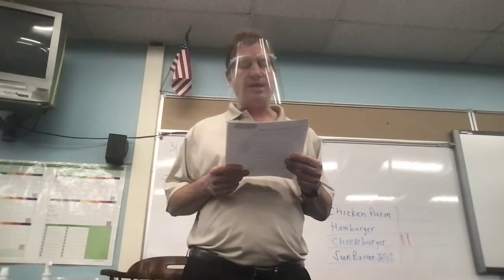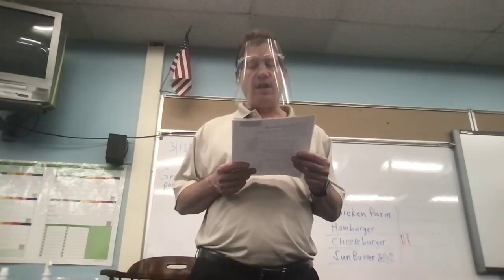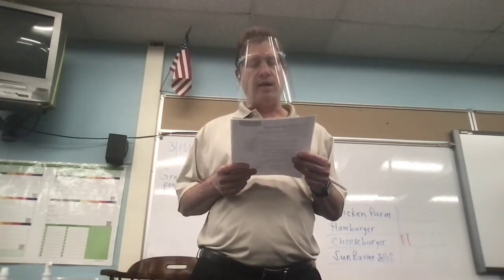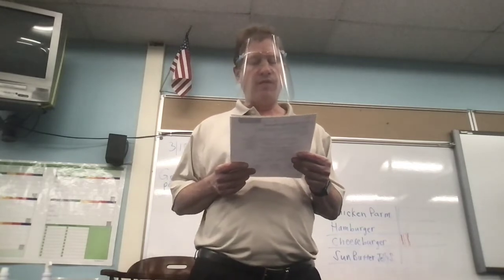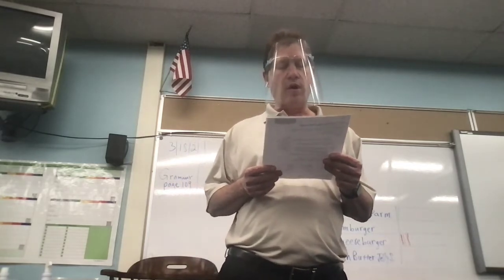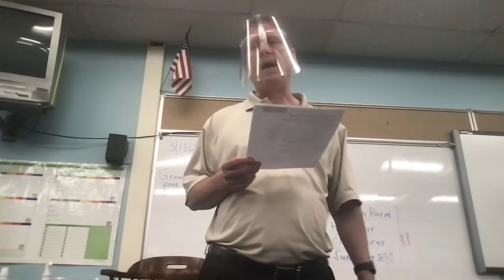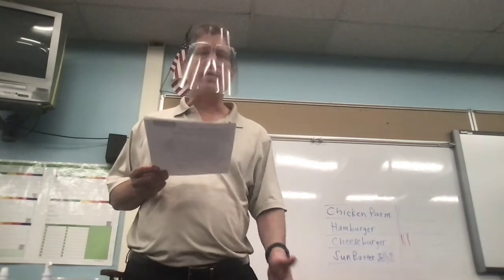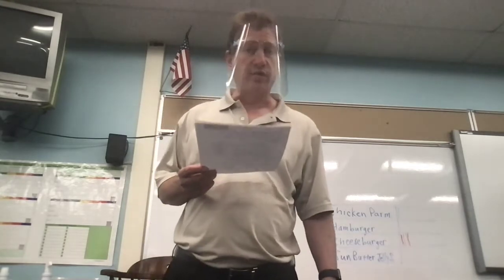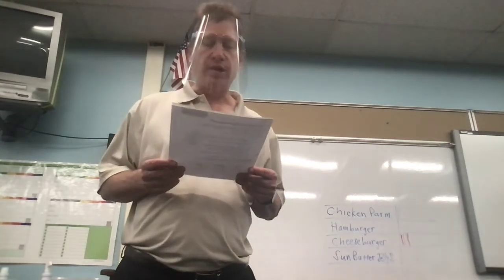Electrochemical cells: batteries have one or more of these cells that use chemical reactions to create an electric current. Fossil fuels: coal or other fuels that are the remains of dead plants or animals and are used in power plants. Like coal, oil, natural gas, those are fossil fuels. And they're used to make